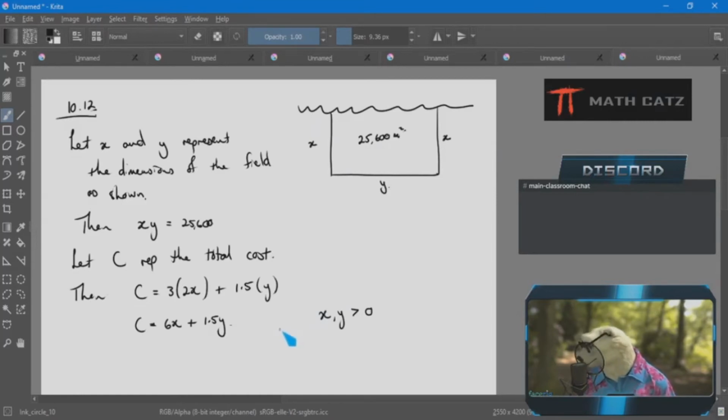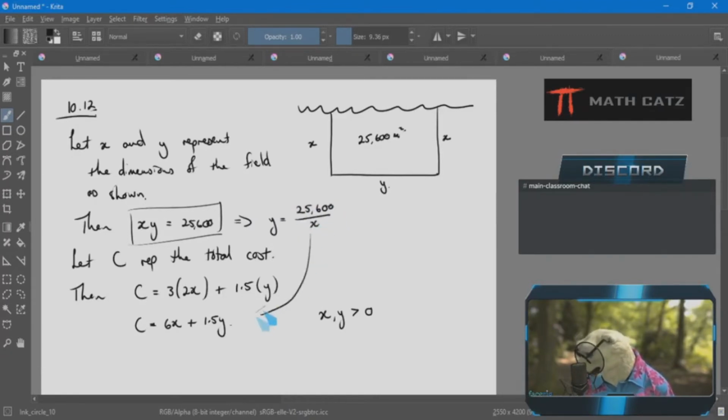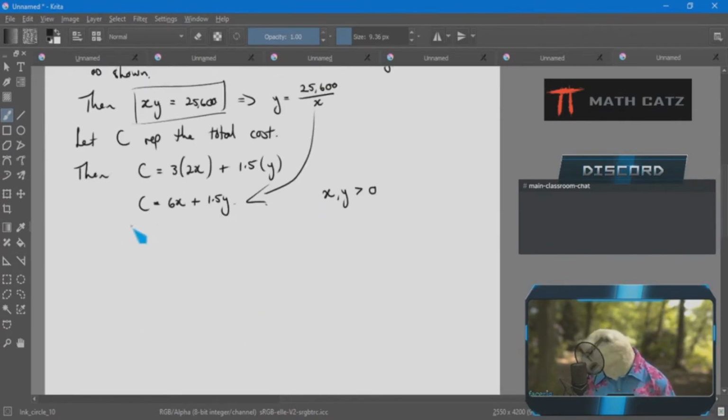So let's move forward, realizing that again I have a function based on two variables. That's not going to go well. That's why they give me this extra bit of information. I can maybe solve for y. Why not? And then I'll have y equal to 25,600 over x. That then goes into here, into my function. And so I can get a function just of x,